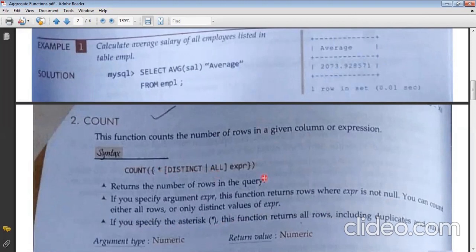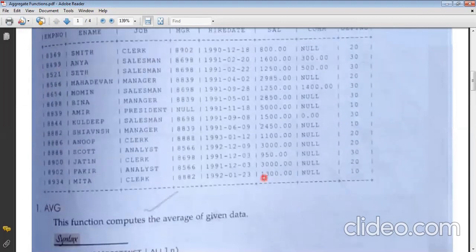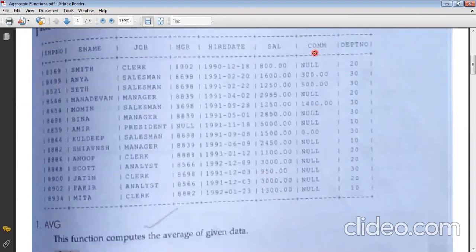So suppose if I look into one of the tables, EMPL, so you can see the column is there. Suppose I use the count function with this and I write ALL as a keyword inside it, then it will give me the output 1, 2, 3, and 4 because only 4 values are there. It will ignore the null values. Whereas if I write the asterisk sign, it will count everything, all the rows which are available in the column. So this is the difference when asterisk is being used and the ALL keyword is being used. And you should be very clear about what the difference is.